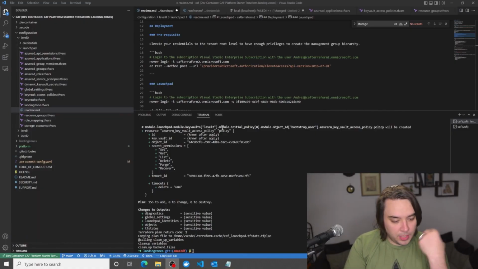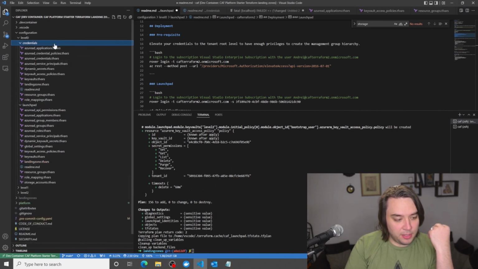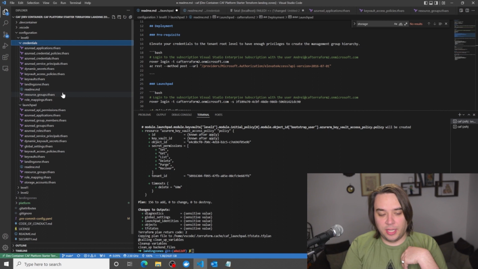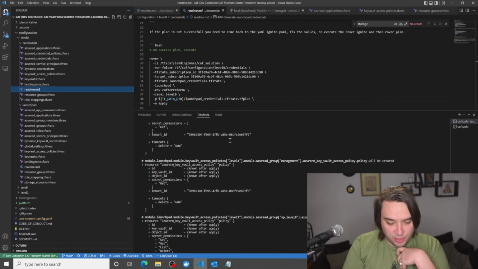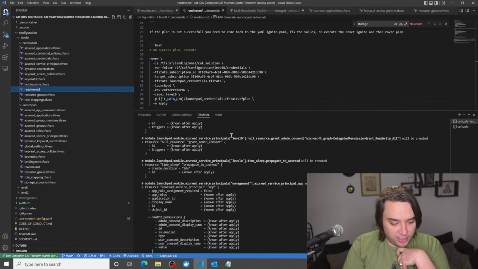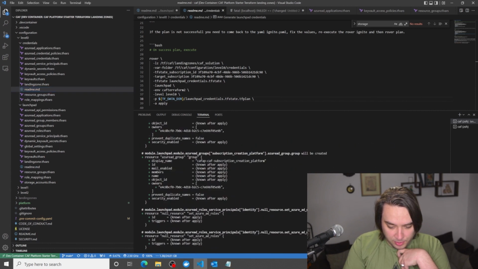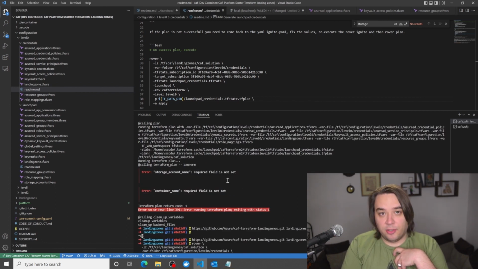So when you plan, it should be like this. Now don't make this mistake I made. I was looking at the credentials in the readme, and then I was getting this error. If I just scroll up a little bit more to here, I was getting an error saying storage account name and container name is not set.